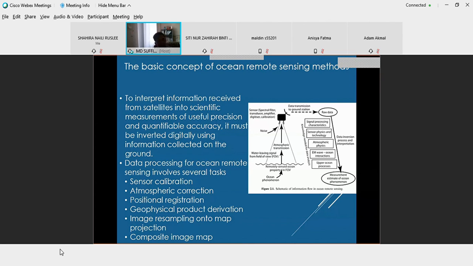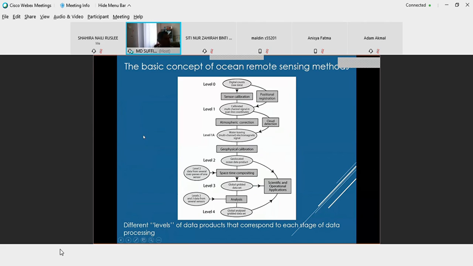Kalau you ada data daily, dan you nak convert kepada monthly data. Kadang-kadang especially in the tropics, it's very difficult to get daily data because of clouds, awan banyak. Kadang-kadang tak ada data pun, especially during northeast monsoon. So biasanya kita pakai monthly data. That means kita averagekan data selama 1 bulan.